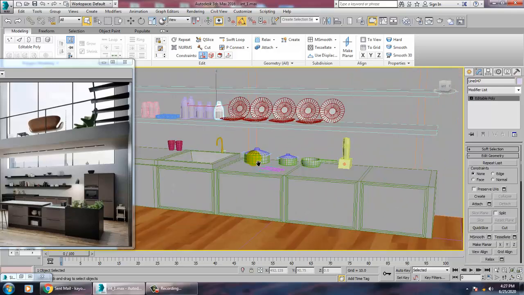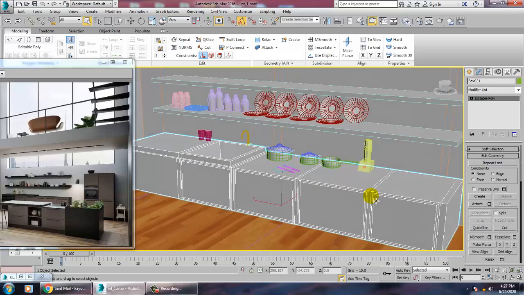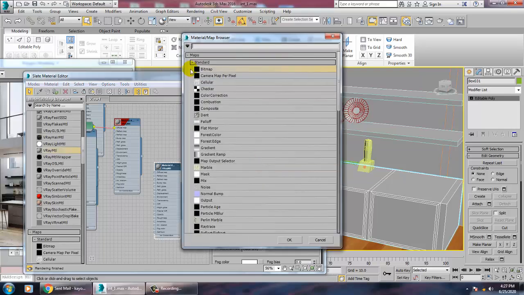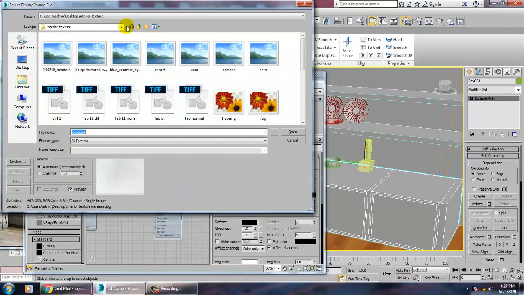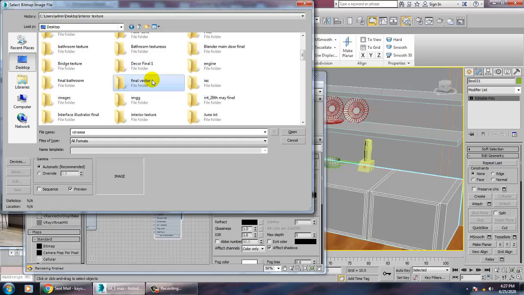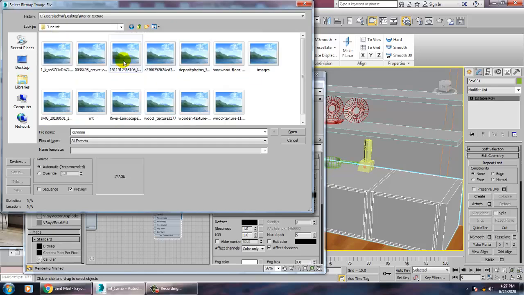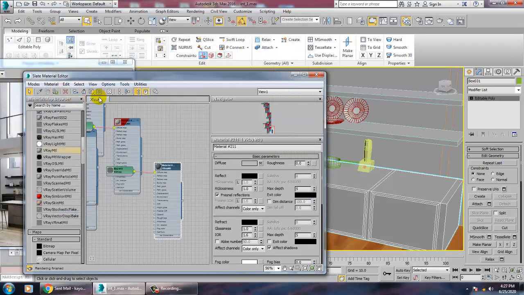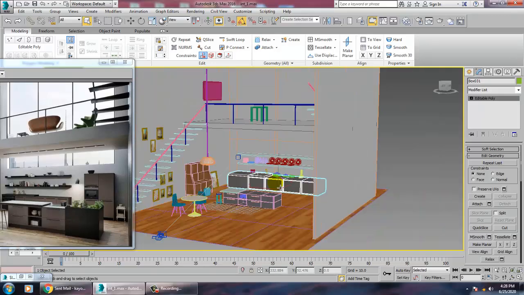So now first we'll give a texture to this particular platform over here. For that we again go into the V-Ray material. Let's go into the bitmap over here. We can go with the same texture which we can utilize over here, not a problem.